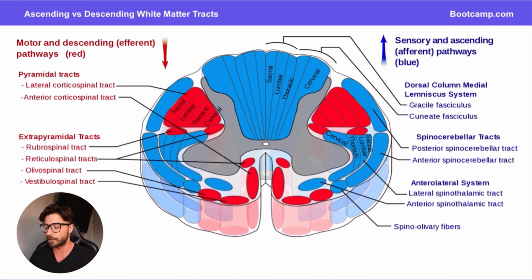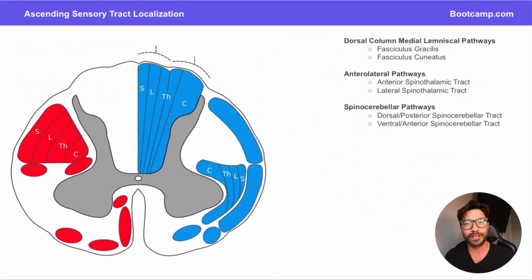Now, you can see we also have the sensory or ascending afferent pathways, and these are divided into the dorsal column medial lemniscal system, as well as the spinocerebellar tracts and the anterior lateral spinothalamic tracts. So we're going to identify these and break these down in the next couple slides. So starting off with the sensory or the ascending pathways, you can see they're found on the right side of the diagram